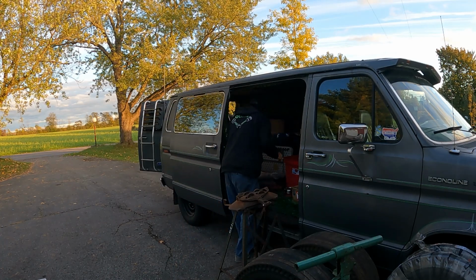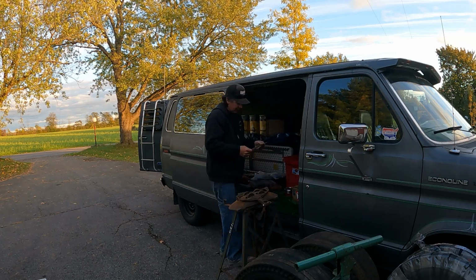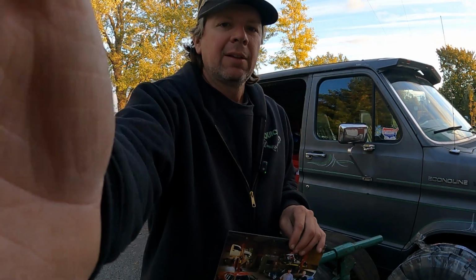The rest of the stuff is just things that I had taken down to Hershey that didn't sell. It's all right. The one thing I wanted to sell was my Buick Nailhead dual quad manifold, but that didn't sell. So anyways,